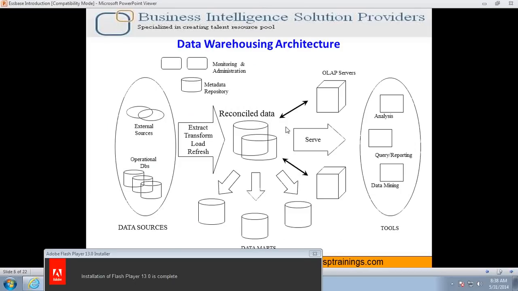You also see this other slide, which talks in detail about where Hyperion Essbase fits into the enterprise warehouse picture. Again, you see it's a layered model where first you have disparate sources. There are multiple sources from which you extract the data and put it into a common source. You may call this an operational data source, or it could be directed to your enterprise warehouse.